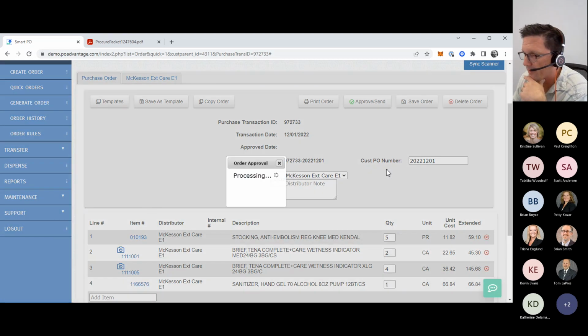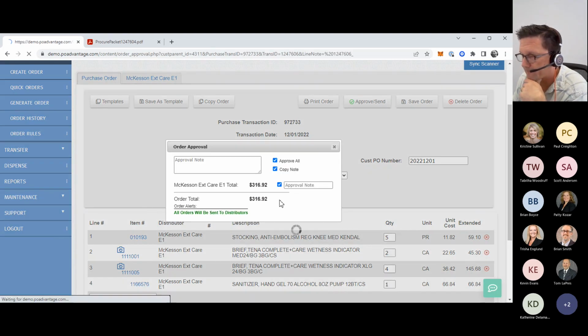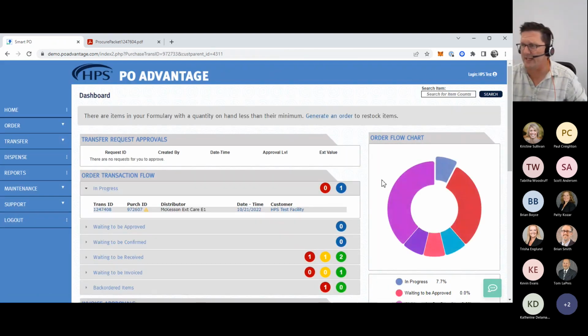So I'll just click on approve and send on this one as well. So that gives you just kind of a quick overview of some of the ways that we can generate a purchase order. I want to back up one step here and show you another layer of functionality that's available, particularly